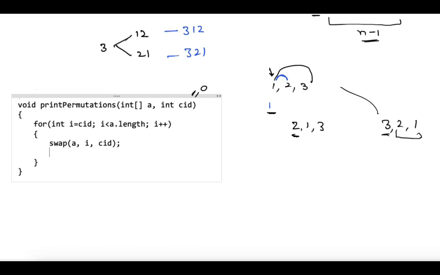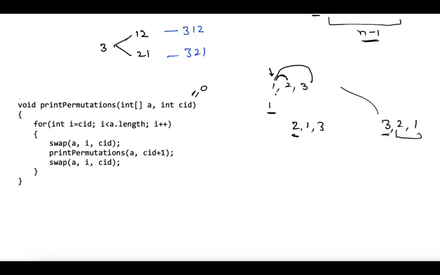After swapping, we will call the same function to print all permutations of elements starting from current index plus 1. And then after doing it, we will swap the elements again so that the array is the same. First we will be swapping 1 and 2, then we will be swapping 1 and 3. So at the first position there should be 1 only,